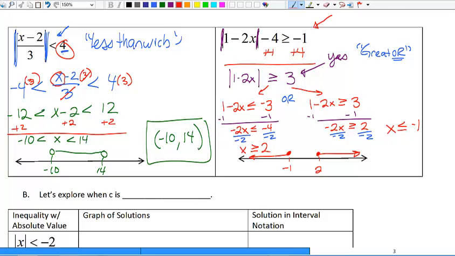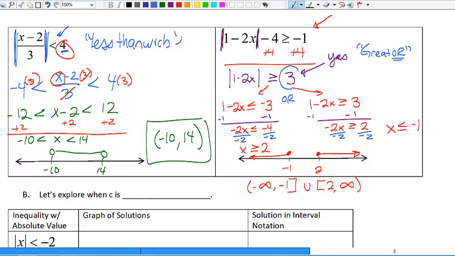So my interval answer is negative infinity to negative 1 union 2 to infinity. Notice that the negative 1 and the 2 get brackets because they're closed circles, and the infinities always get parentheses. Now I want you to notice that all of the examples that we have just done